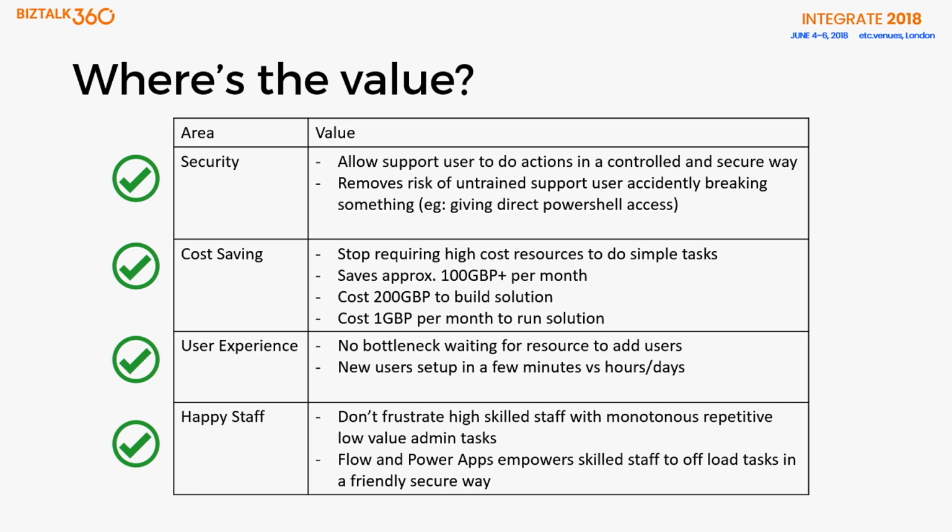Probably from a user experience, one of the biggest ones is there's not a bottleneck anymore. What used to happen is they'd make a request for access. I'd be sitting there going, I've got a million things to do, and the least important one to me is setting up some random guy having access to CRM. I've got things people are shouting at. So often that wouldn't get done until somebody had nagged me at least 2 or 3 times for it, and then it would get done. From my perspective, I've just got things that other people need more importantly. But from the user's perspective, it's pretty rubbish, to be fair.